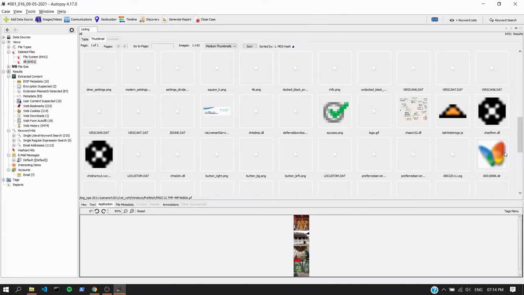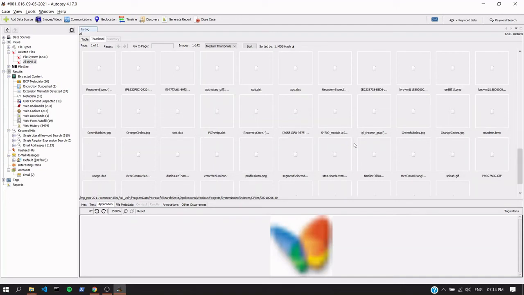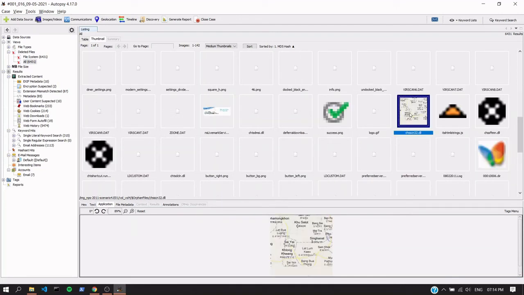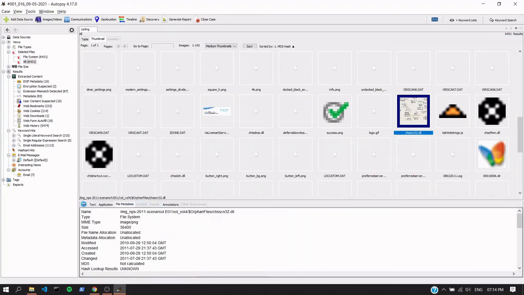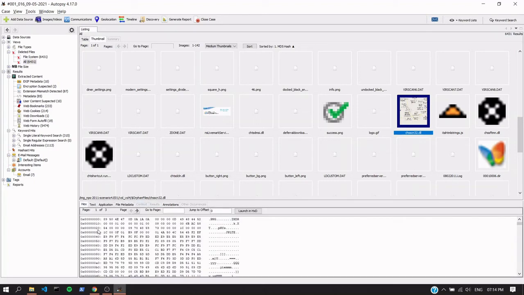It's taking time to load the images. This is some image. Okay, this image looks interesting. It's kind of some map of some place. Okay, yeah.